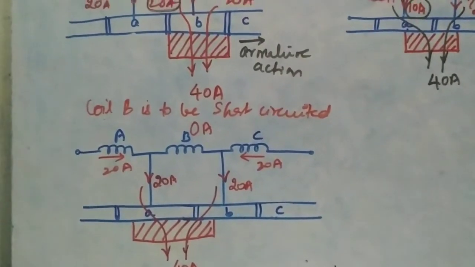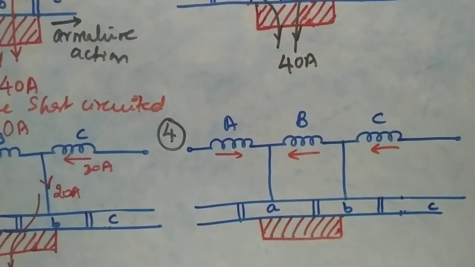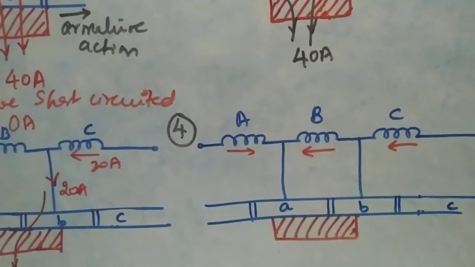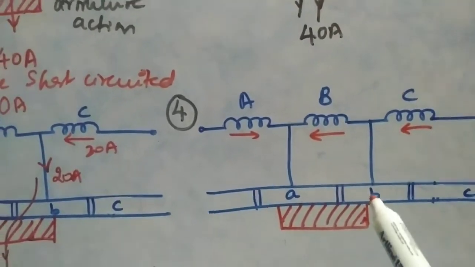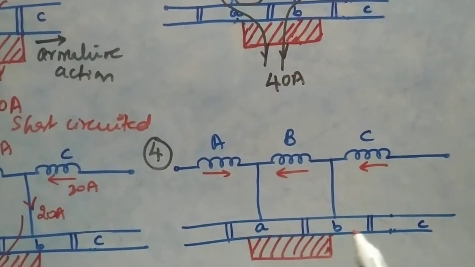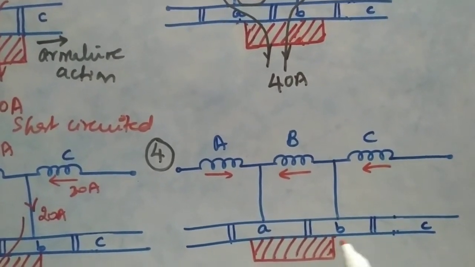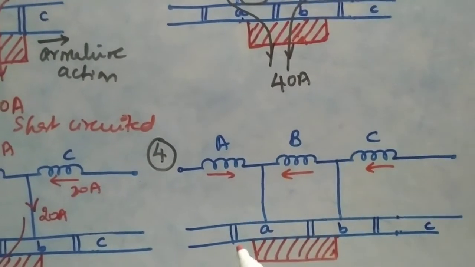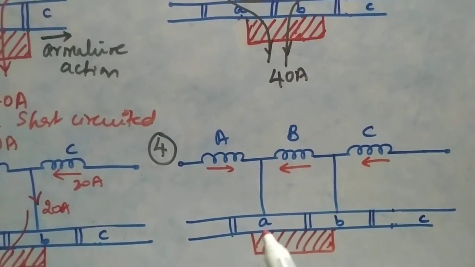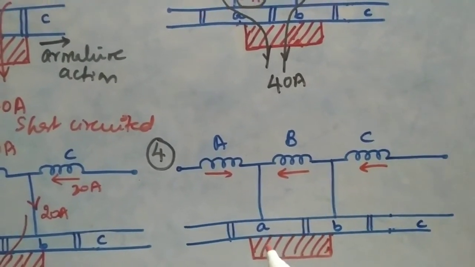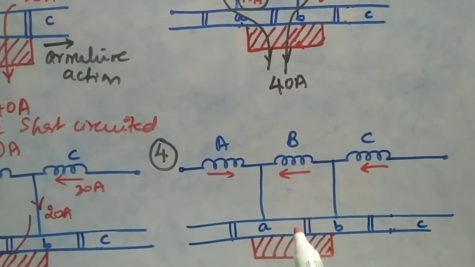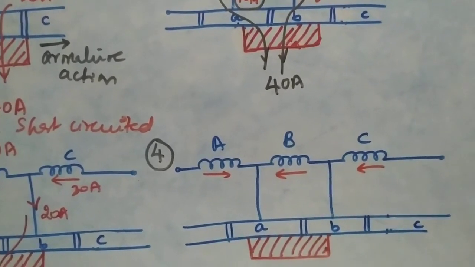Now let us see that the contact area of the brush with segment B is getting decreased. Can you observe that? Right? It is getting decreased. The contact area under segment B is getting decreased, whereas the contact area with segment A is increasing. Now coil B is carrying 10 amperes of current